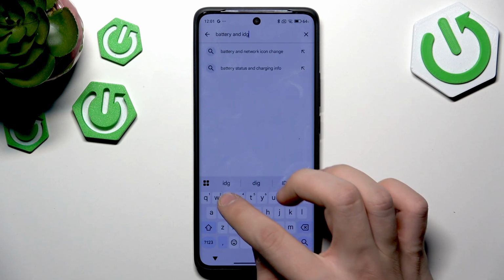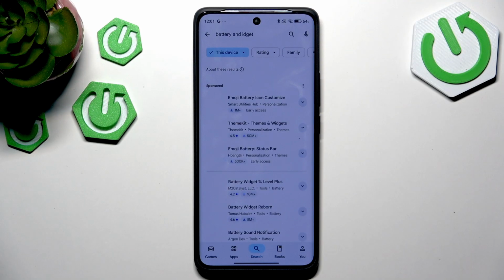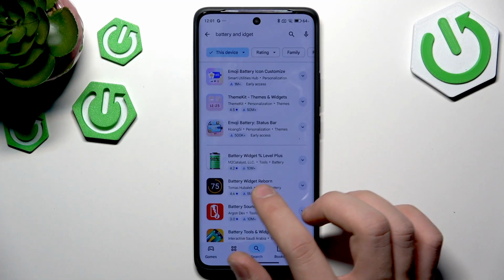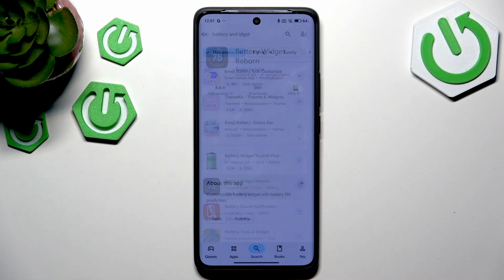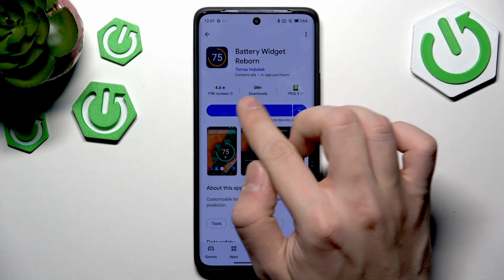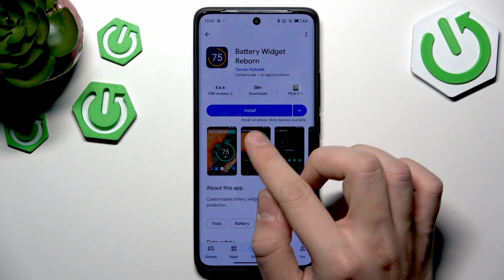widget. If you search battery widget, you will have this Battery Widget Reborn. I'm recommending this application in almost every single video about battery percentage showing. I'm not sure if this application is that nice. I think that there are some better applications, but I'm using this application from Thomas Hubalek with 5 million downloads